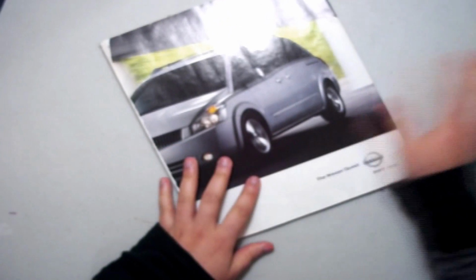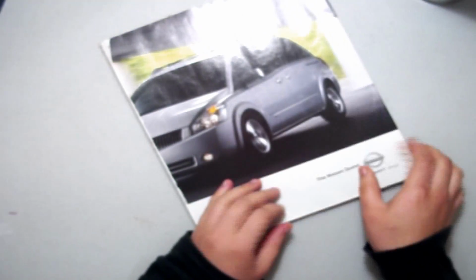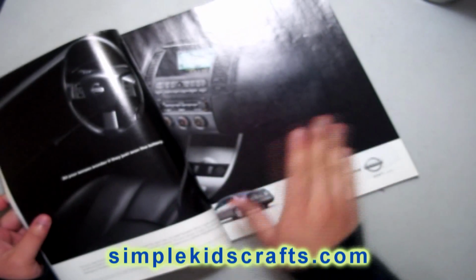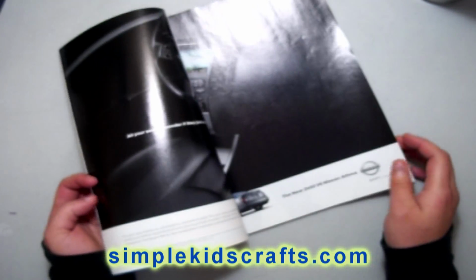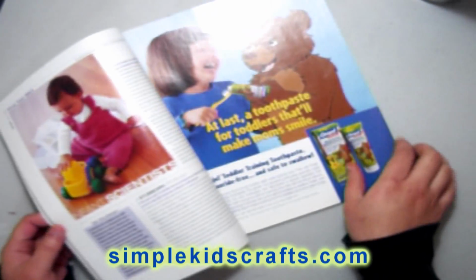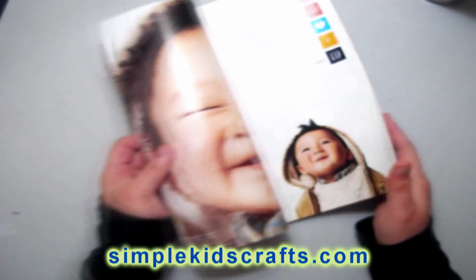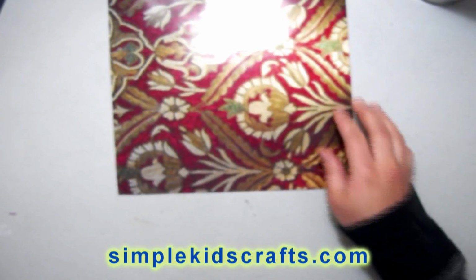Hi, today we're going to use this magazine and this tin can to make a pencil holder, and for this we're going to use pages of the magazine, pages that are colorful, that call your attention, that don't have much writing. And basically I have already selected my pages before this, but you can look through the magazine and see pages that call your attention, and you will rip them out, and you will need a couple of